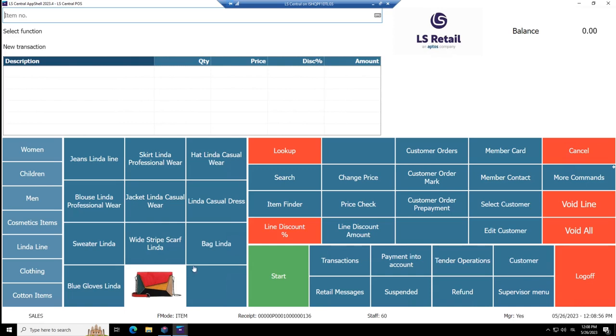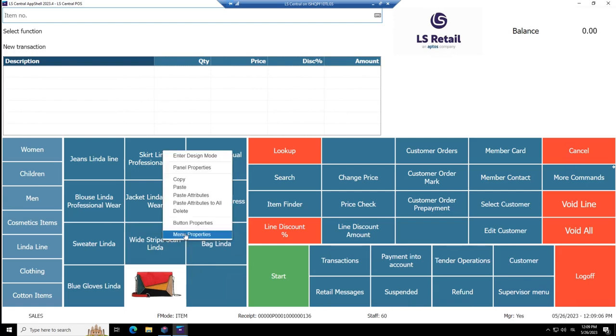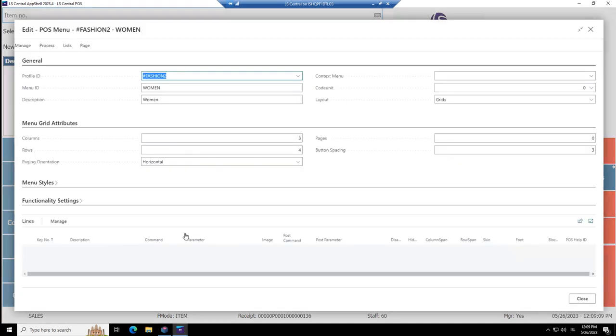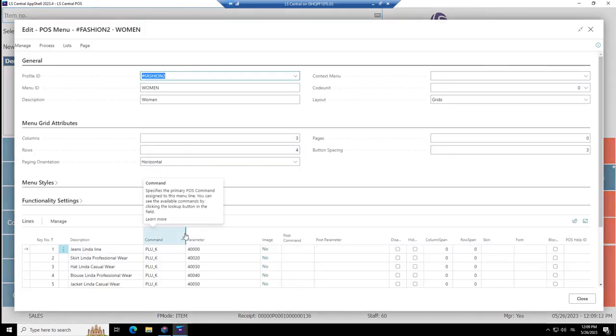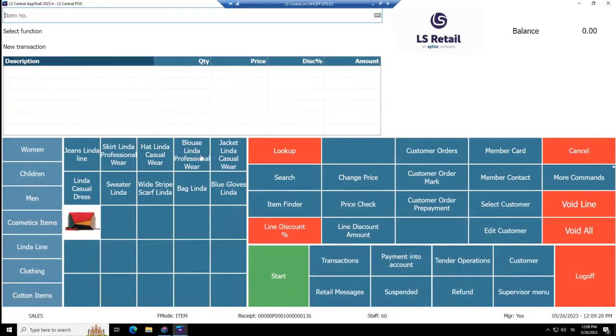Now the exercise would like us to change this menu to be 5 buttons. Now it's 3 times 4, 12 buttons. So right click, menu properties, and always remember to position yourself where you're doing your changes. So 25 buttons, shall we do 5 times 5, and here we are. And we have 5 times 5 buttons.